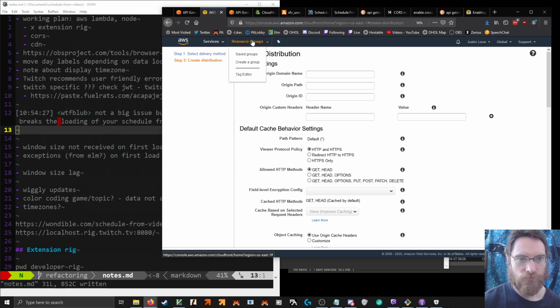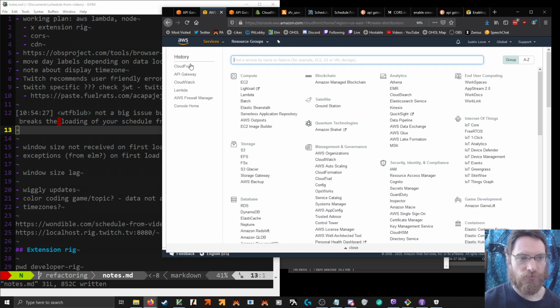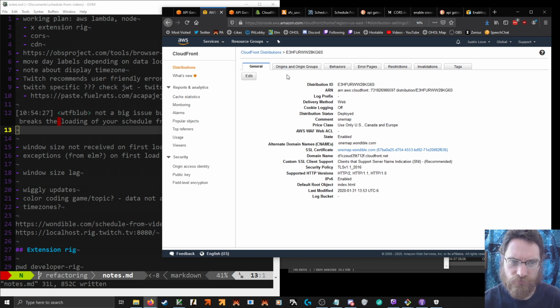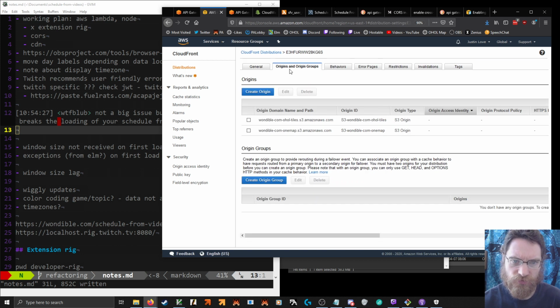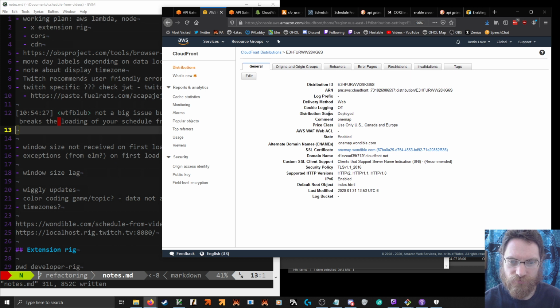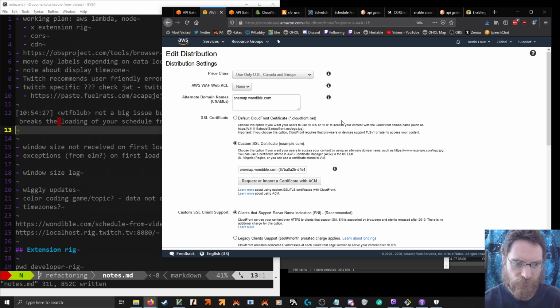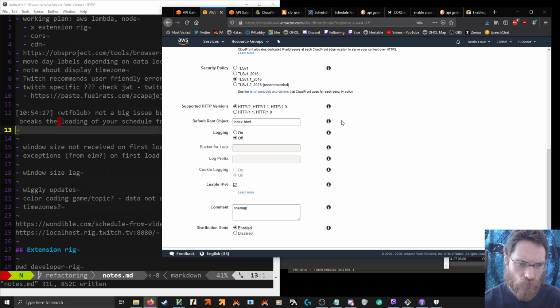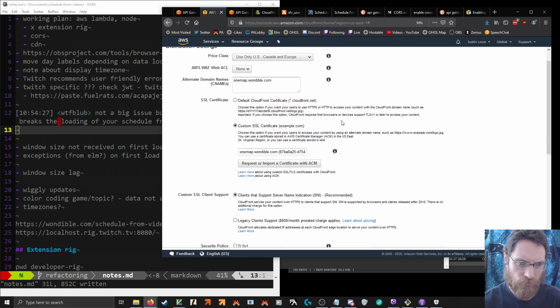Now, we've gotten ourselves into the creation path here. I think I had to add, that's a different kind of origin. Because I do fetch some data dynamically.